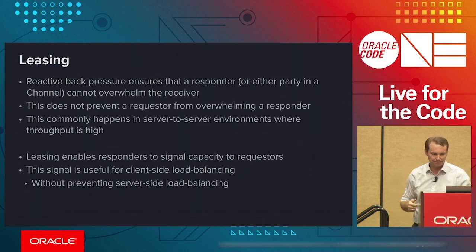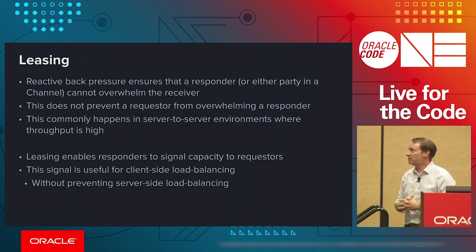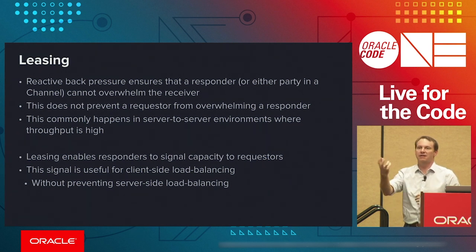And then the final feature as part of the protocol that I want to talk about, and to be clear, this is certainly not exhaustive. There are a ton of different features in here beyond these, is this idea of leasing. So reactive backpressure guarantees that a producer can never overwhelm a consumer. It cannot send more data than the consumer has requested, but it doesn't actually stop a consumer from overwhelming a producer, right? You could imagine a really chatty client, or say hundreds of millions of really chatty clients, trying to go to a single server and say, hey, send me data, send me data, send me data, send me data, and now all of a sudden this thing explodes.